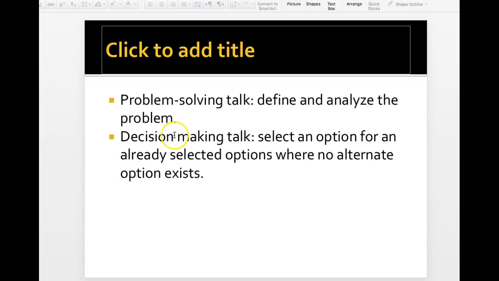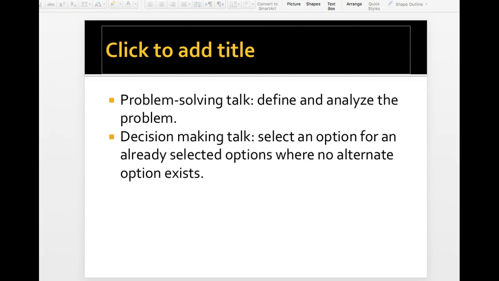So as you're deciding your service projects, your group may be engaging in decision-making talk. So they're getting together, and you're looking at a bunch of options of what you could do for the service project, and you're making a decision. The same thing on your tests. You're engaging in a lot of decision-making talk, where you say things like, is it A, is it B, is it C, is it D, right? Working through that and deciding that way.